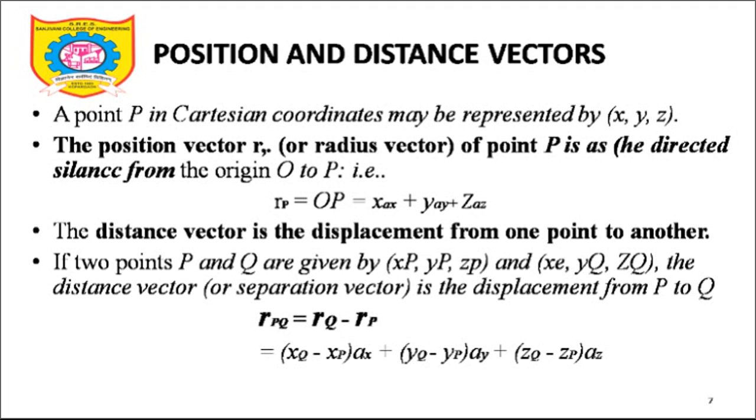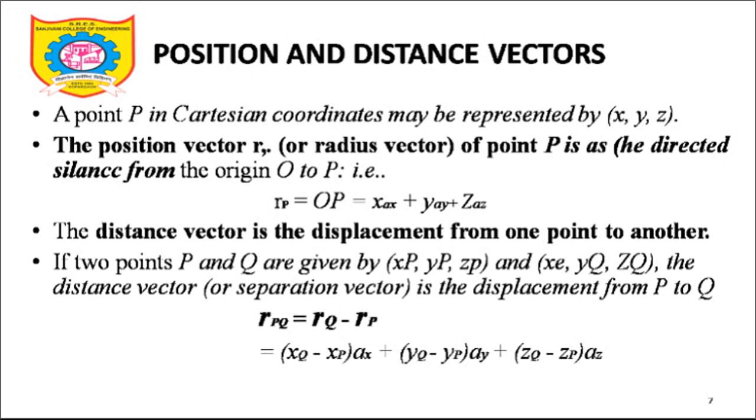Whenever I am talking about position and distance vectors, try to understand two things. Whenever a certain point P is given in space, and someone asks you the position vector of it, you need to draw a line from the origin to that particular point P. Once again, let's say the coordinates of point P are x comma y comma z, and the origin has coordinates 0 0 0. So you draw a line from origin to point P. It's only applicable to the position vector.